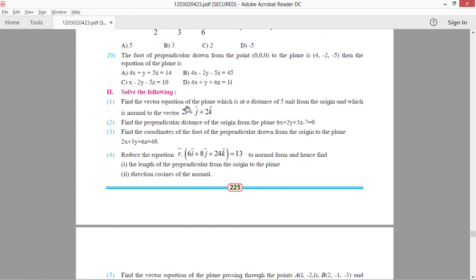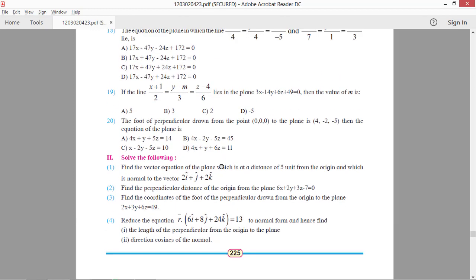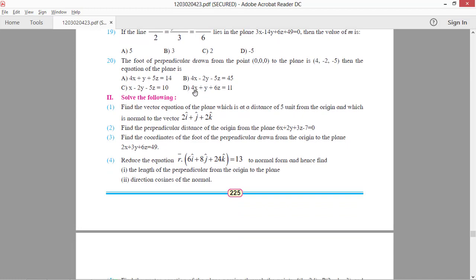It's a descriptive type of questions. But I request all of you to solve all these 20 questions and send me your solutions. Let's verify them, or if you have any doubts, you can discuss with me anytime. Chalo, now let's see the second part.